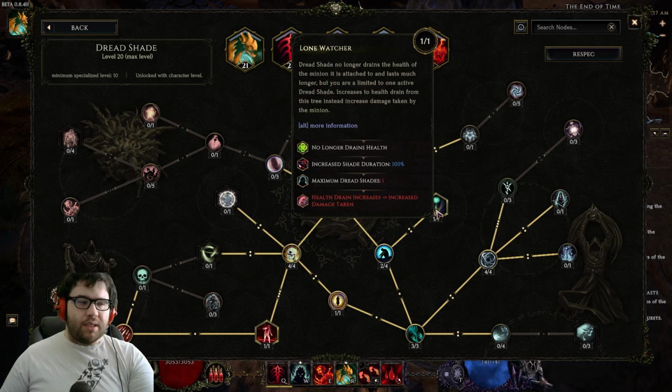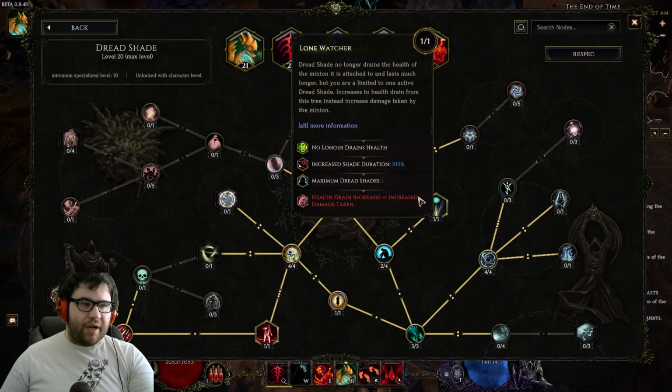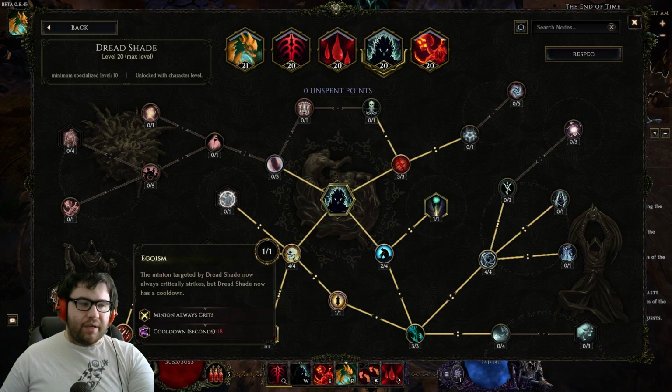Lone Watcher, this makes it so that when we apply Dreadshade, he never dies, and it lasts for like 40 seconds, which is really good considering the cooldown is 18 seconds. Obviously, we want Egoism because the minion always crits. Otherwise, this build would not function because we need the crit because Bone Golem has no innate base crit, so